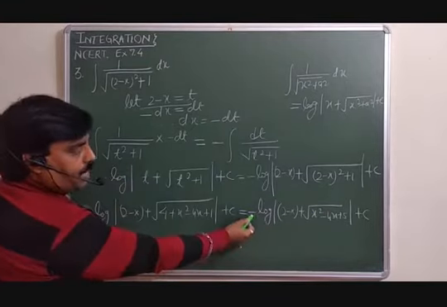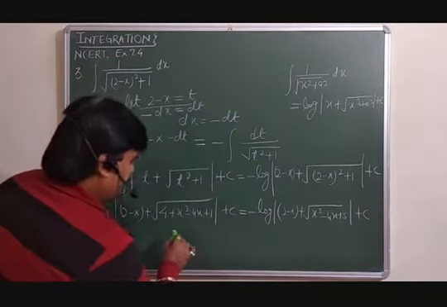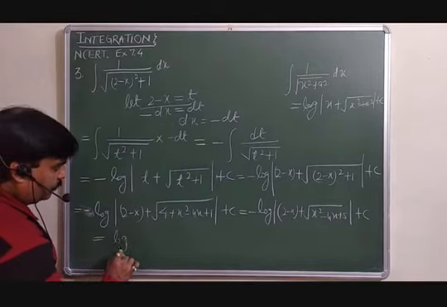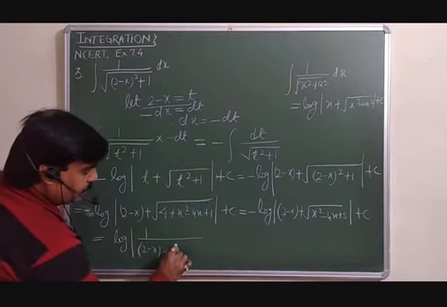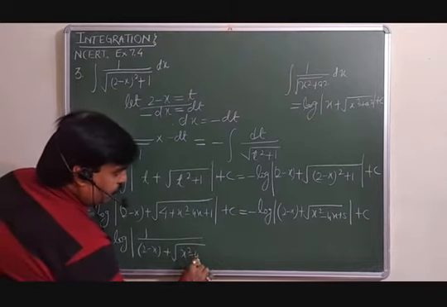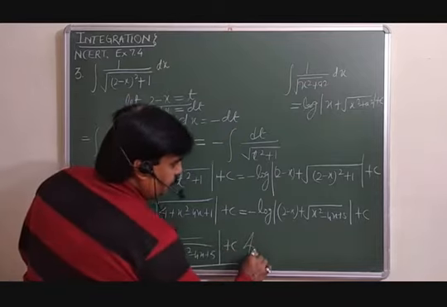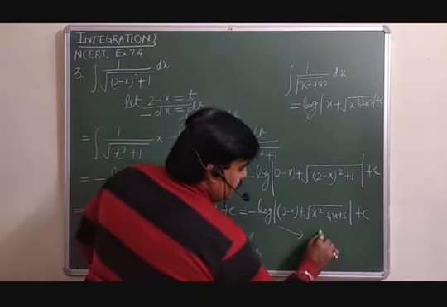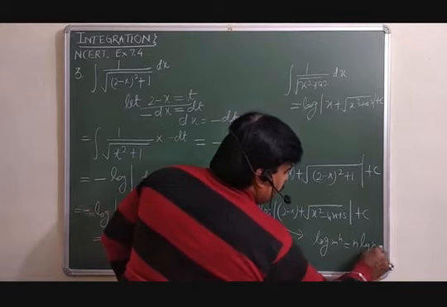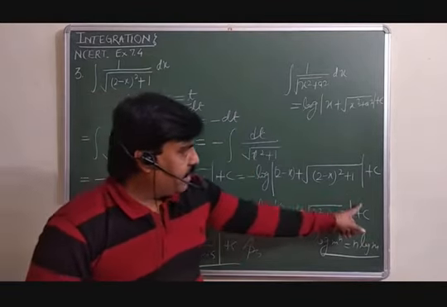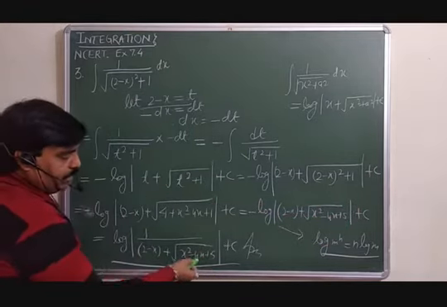And you can remove this minus from here only, so this will be the exponent of this one. So directly you can write this is equal to log of 1 over 2 minus x plus under root x square minus 4x plus 5, plus c. This is also your answer, because here we are applying log m raised to power n is equal to n log m. So this minus 1 we are making the exponent, so that can be written as 1 over. So have a look.